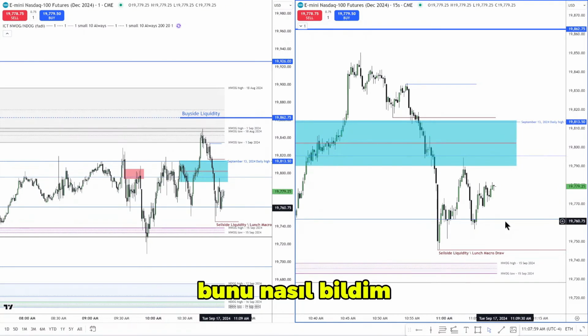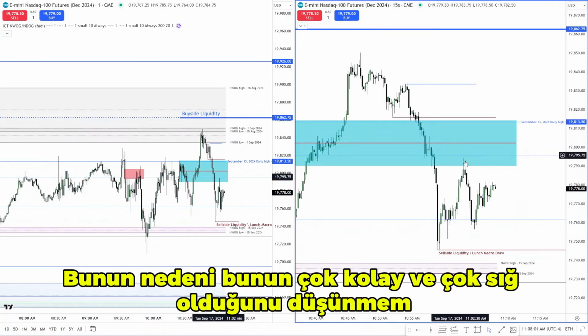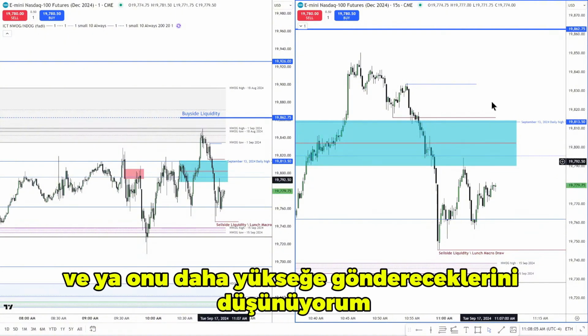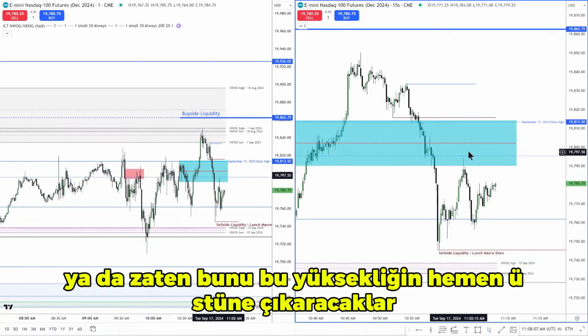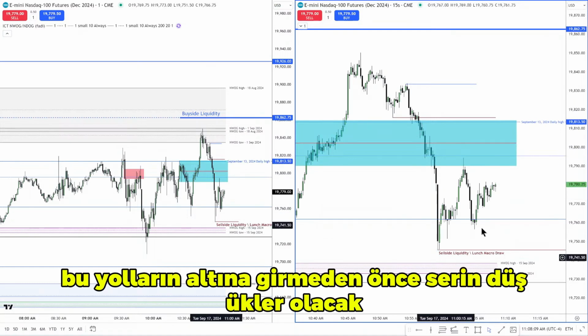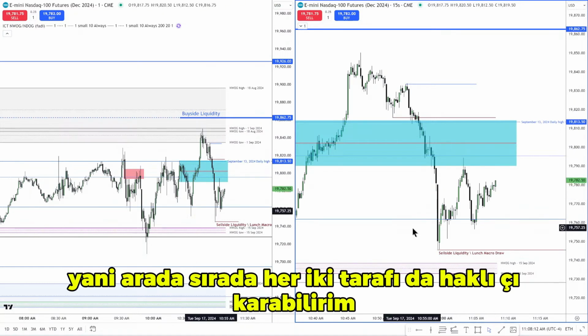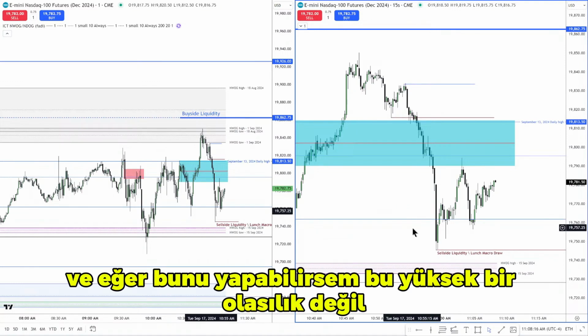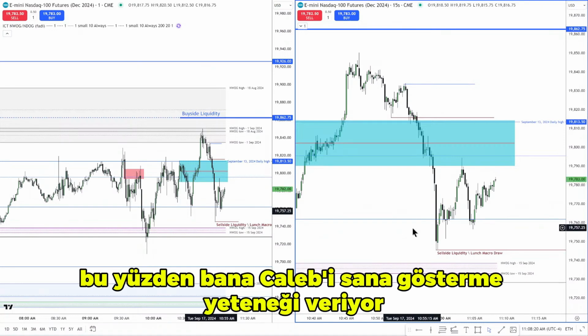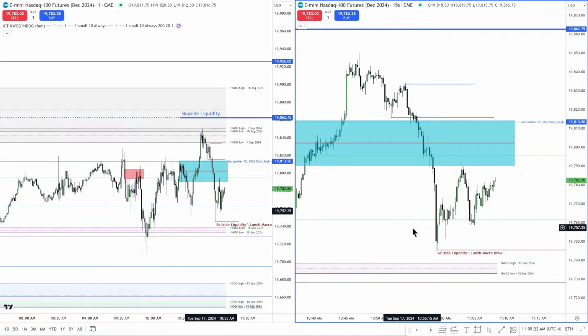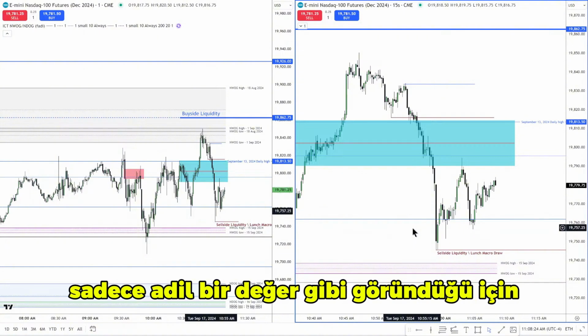How did I know that? It's because I think that this was too easy, too shallow. And I think that either they're going to send it higher or they're going to take it right above this high anyway before it goes below these relative equal lows. So we're in between that, I can justify both sides. And if I can do that, it's not high probability. So it's giving me the ability to show you, Caleb, that just because it looks like it's a fair value gap,